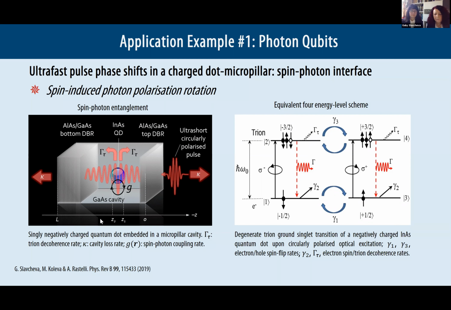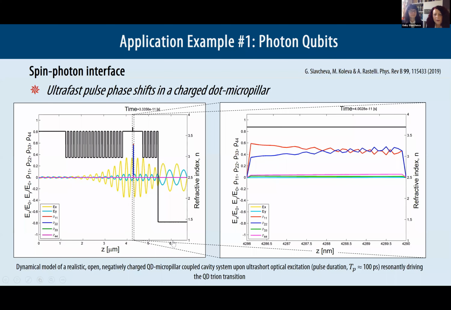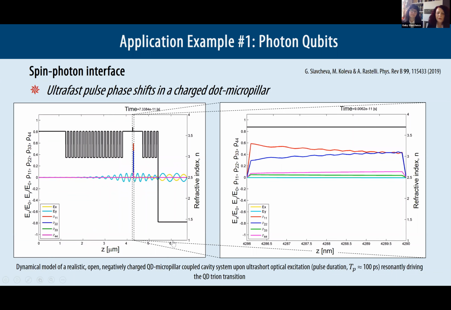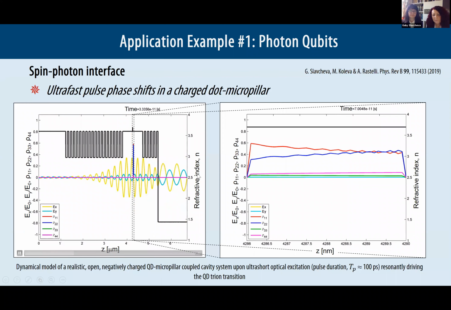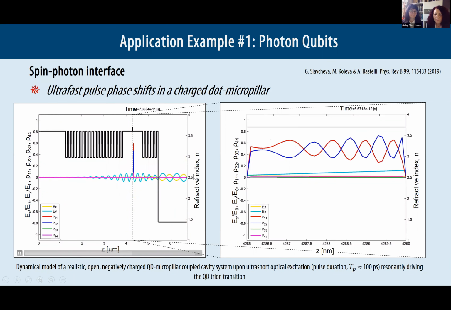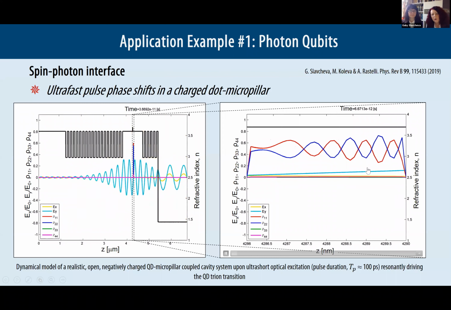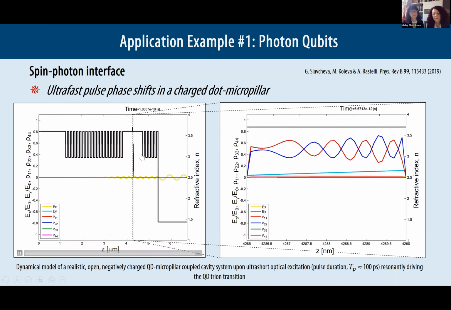So for this, we've shown, first, a movie of the dynamics under circularly polarized optical excitation, which is launched from the right-hand side of the structure through an optical fiber. This is the refractive index of the optical fiber. And in the middle, we have a charged quantum dot. This is a zoom in the vicinity of the quantum dot, showing the population which is excited by the passage of the pulse within the structure. So this is the spatial dynamics.